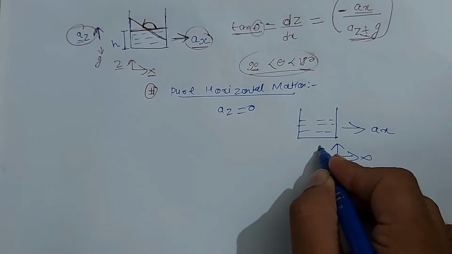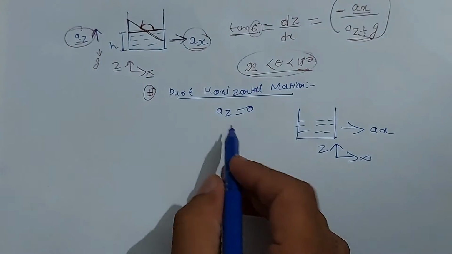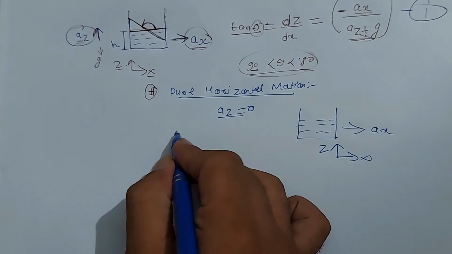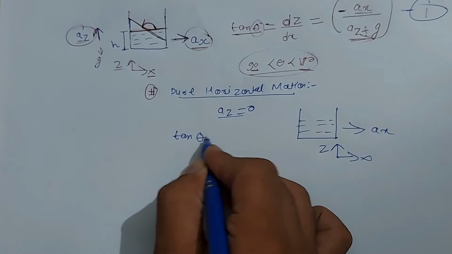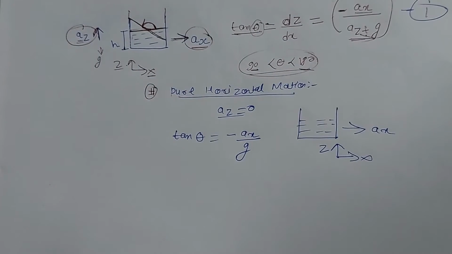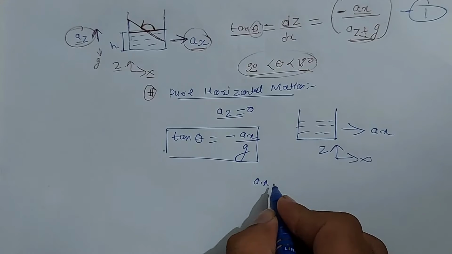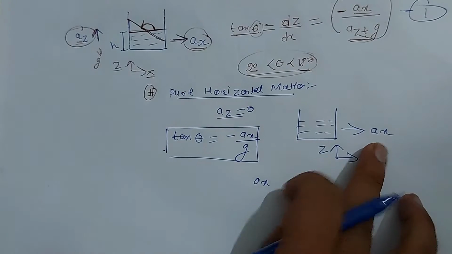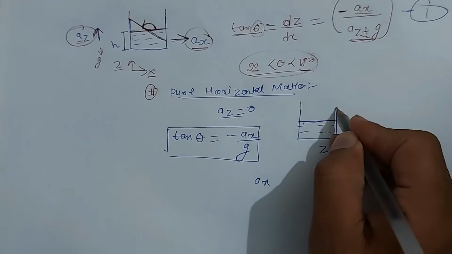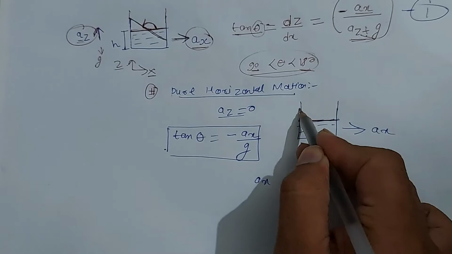This is the only condition. If we put az equals 0 in the above equation, say 1, which is the equation for the general case, then we would get tan theta as minus ax by g. So from here we can conclude one thing: suppose there is a particular value of acceleration, and at that value we get the inclination of the free surface as this,